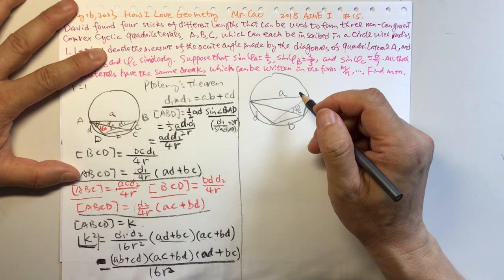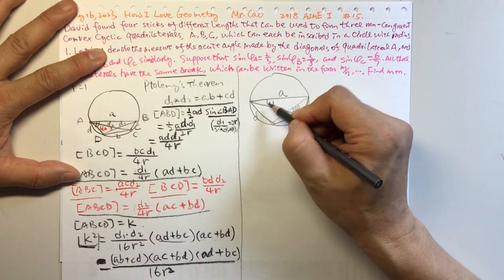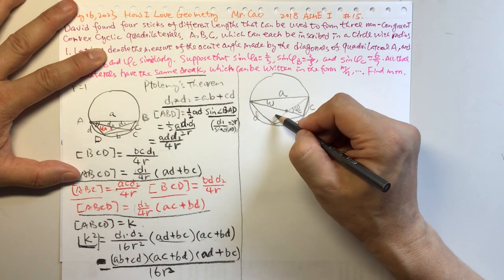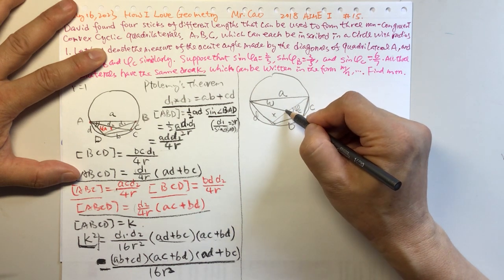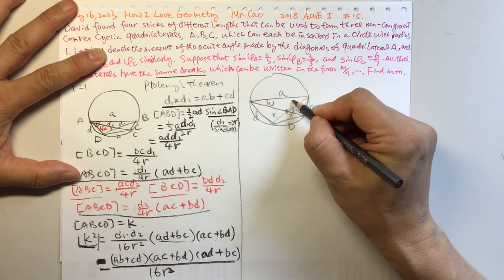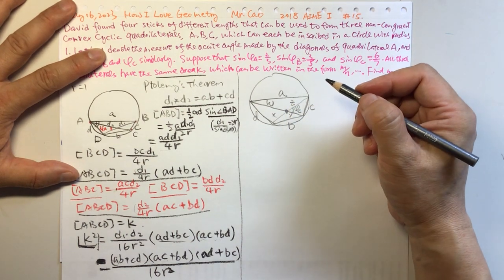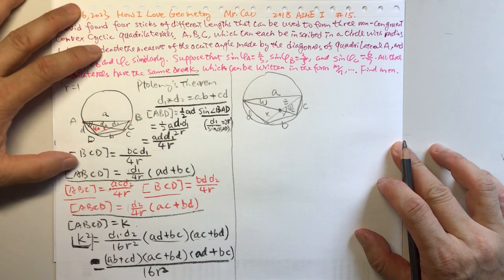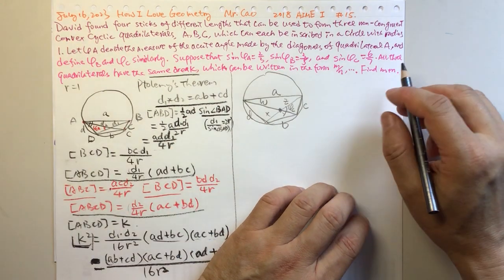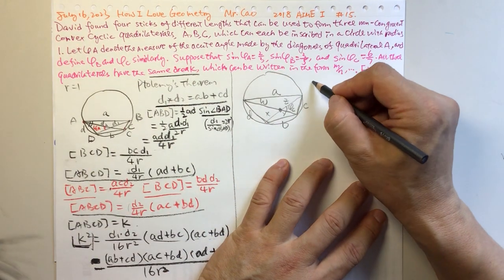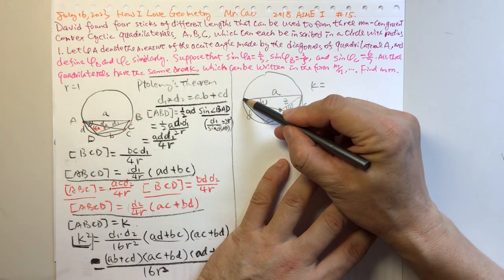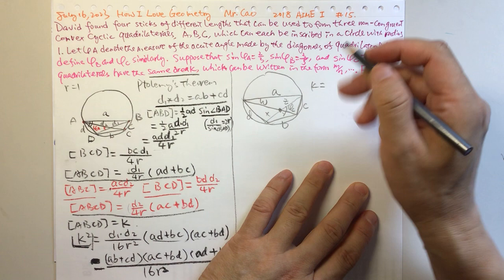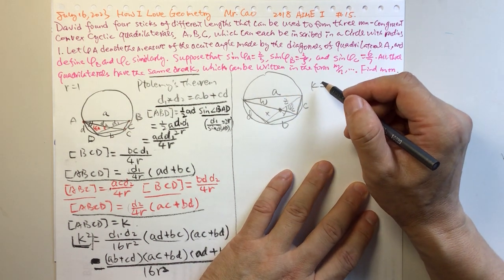Okay, no problem. Then the diagonal parts are W, X, and this one is Y, and this is Z. Finally, we will find the relationship between them. We know K equals the area of ABCD. So it's equal to